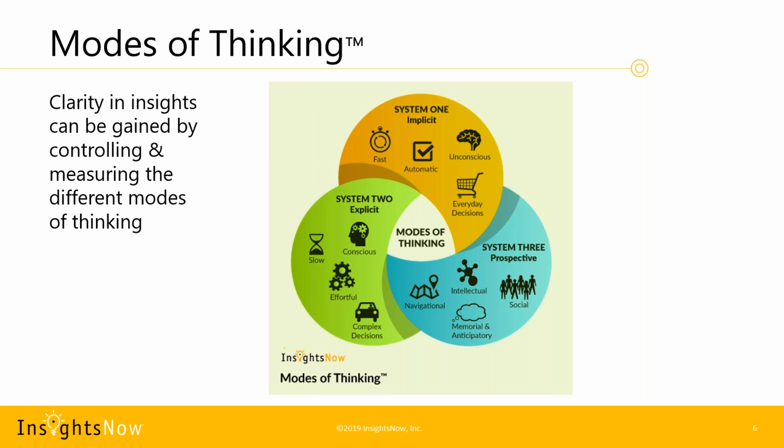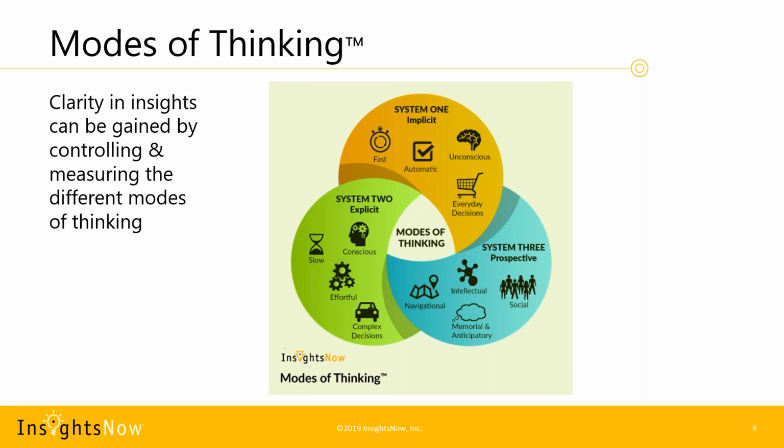Now, System 3 is another mode of thinking, and this is perspective thinking. This is about thinking about the future, and this is anticipating a future response. And when we talk about creativity, this is the aspect of your brain that is what we call prospective. And some people put System 3 and System 2 all together because both of them are slow processes. However,